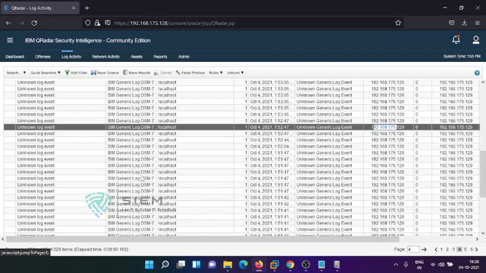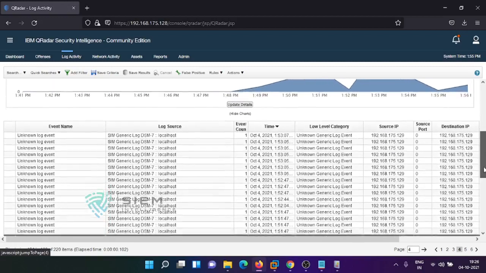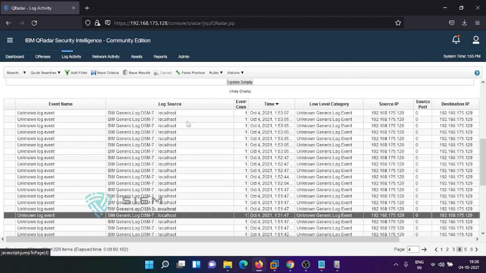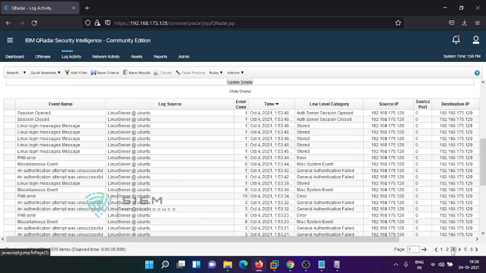Once it starts sending, it has taken something like unknown logs. See, these are the unknown logs, and by default the log source is some generic log, that means the universal log source DSM. Whenever you send any log, by default it will take the generic DSM logs, followed by, if you go back one page,